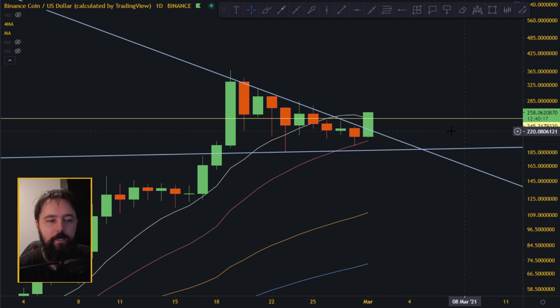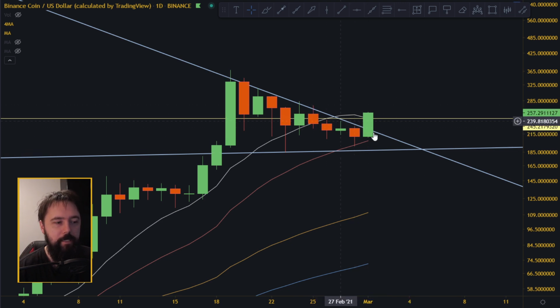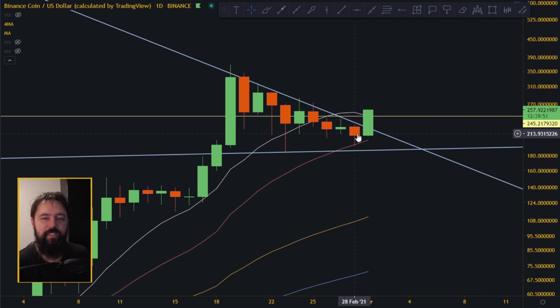So we got the close above 245 tonight. There are two things we have to do on the daily chart. On the daily candle, we need a close above this line at 245, and that's going to happen. If we close above 245, we are going to close above the triangle. Now we can still close above the 20 and be inside the triangle, but then we are not as bullish as we were if we close above that 10 moving average over here. So that's looking very good